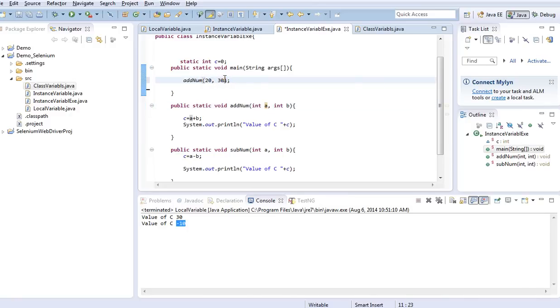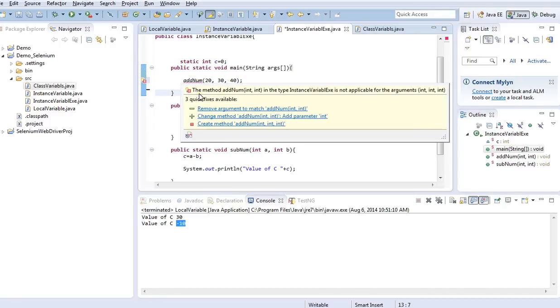Let me define one more argument value. When I add one more argument value, it shows an error. When I move my cursor on that error, it says remove argument to match add num. It says to remove the argument value 40, because we have only two arguments inside the method called add num. This is one fix.